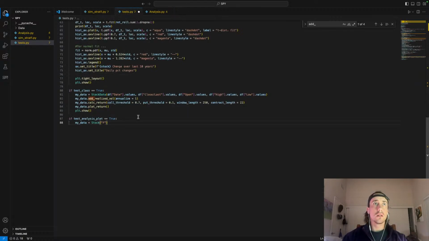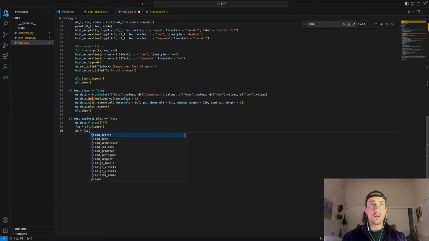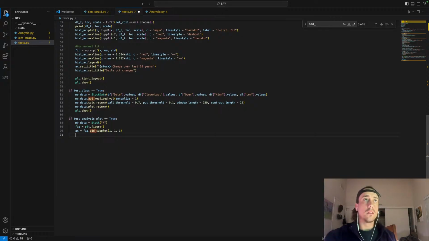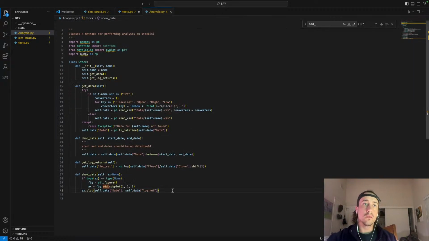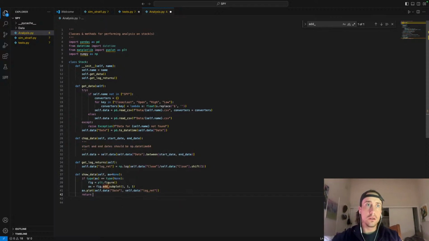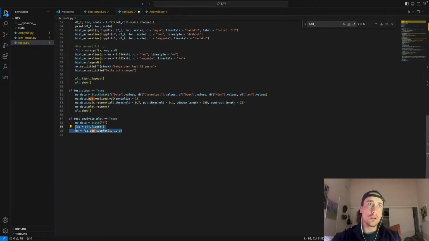Stock.showData. fig equals plt.figure, ax equals fig.add_subplot(111). Here we should probably return. So save that. Now here we can just say